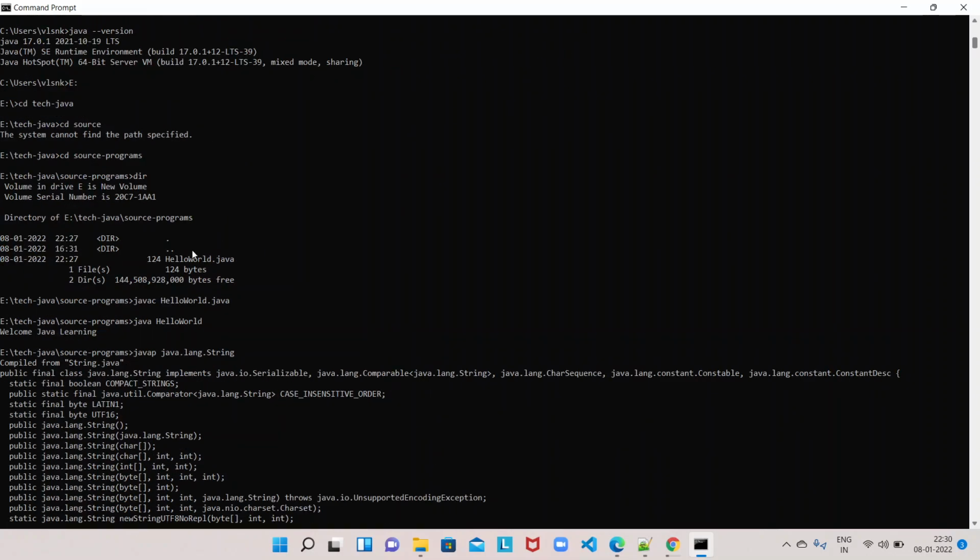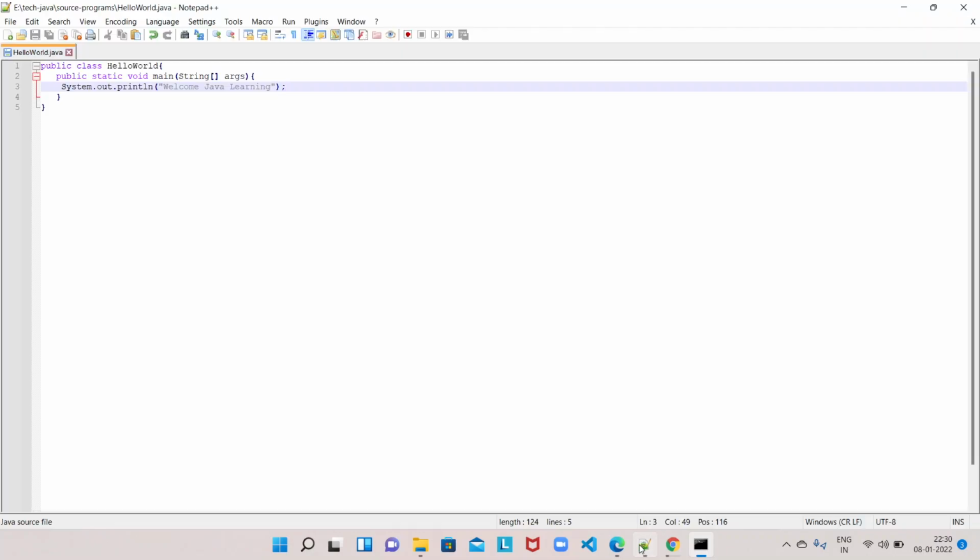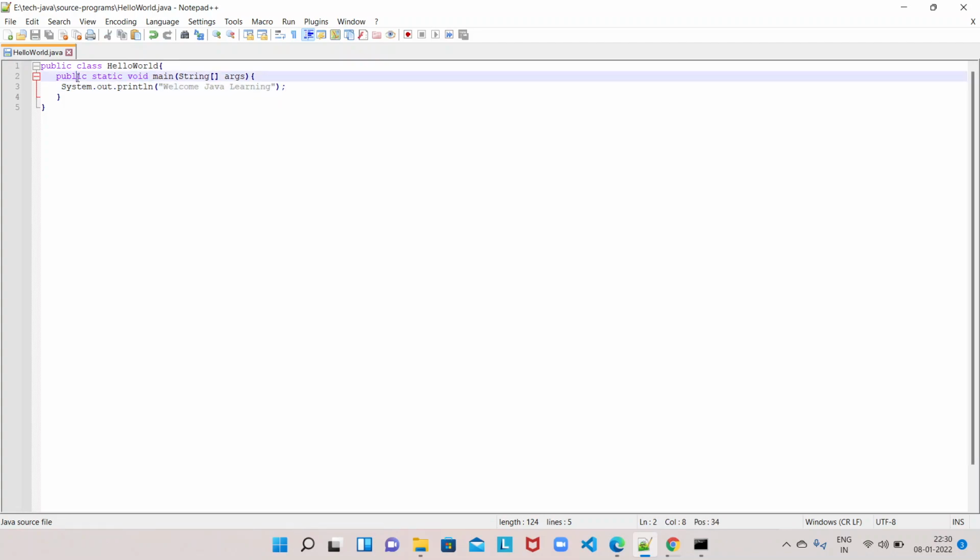Okay, coming back to the hello world program which we have written, this is the public class, and we have a main method whose return type is void and whose access modifier is public. We will get to know why we have to write the main method like this and why it should take only String arguments. All those things we'll get to know in our next videos.